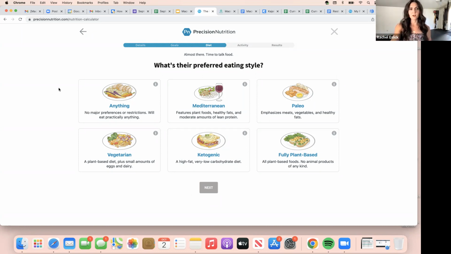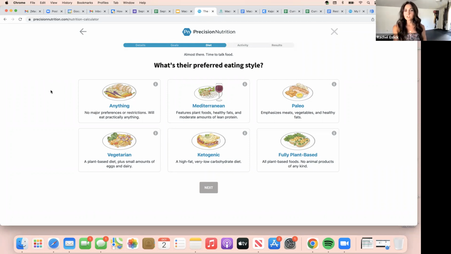You can make it however you want to make it. Okay, Anna, dietary preferences. So anything is like, you'll eat anything, because what this is going to do is suggest like a sandwich if you say you'll eat anything. But if you say I want to eat vegetarian, then it's not going to suggest that you eat chicken. It'll suggest other things, right?